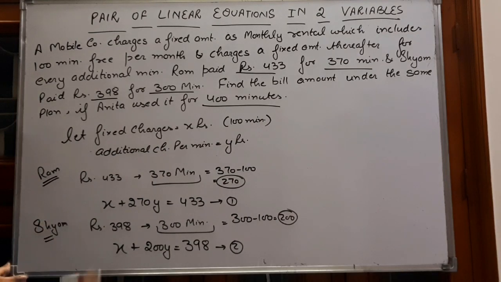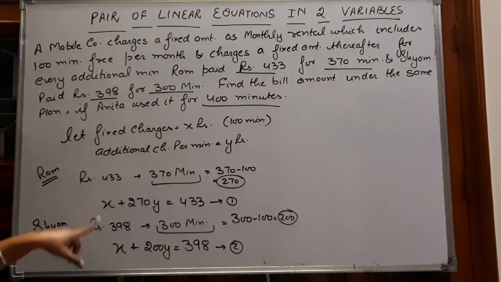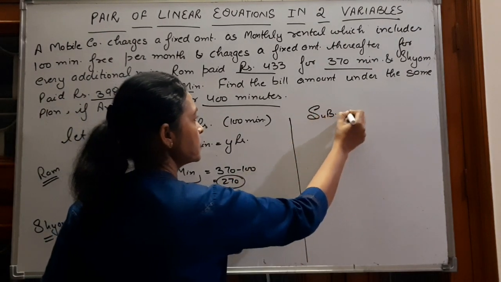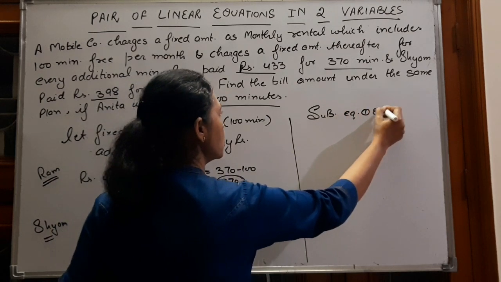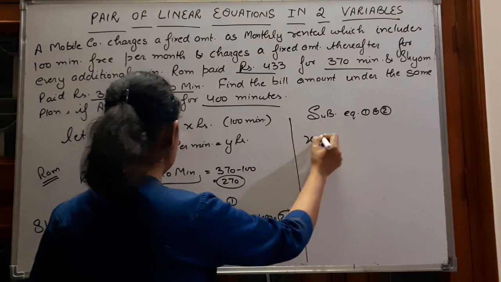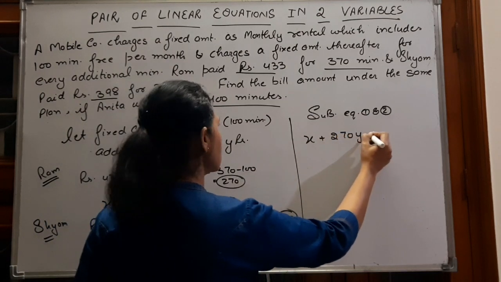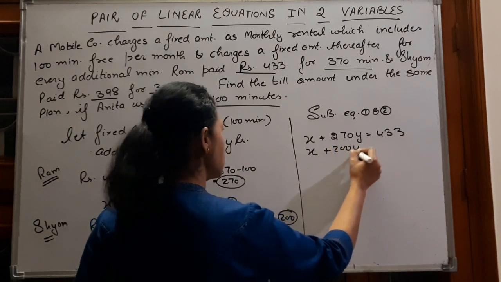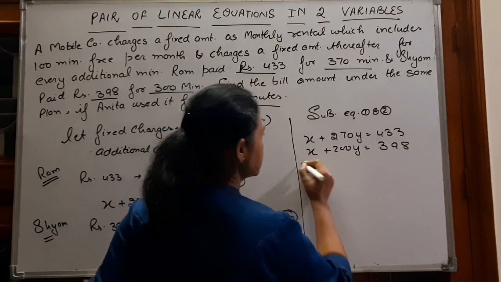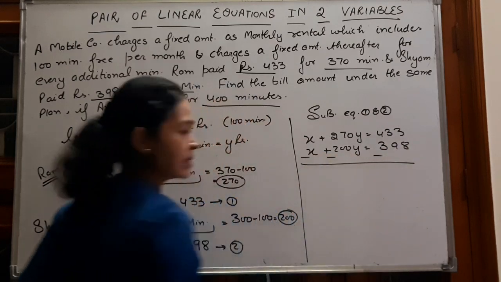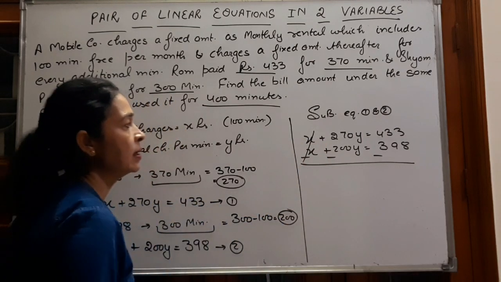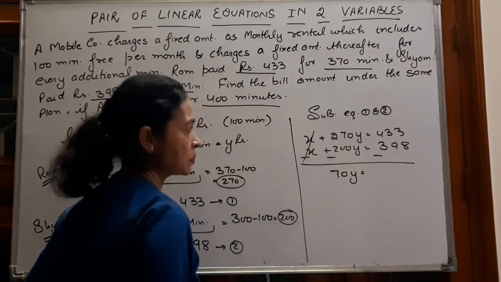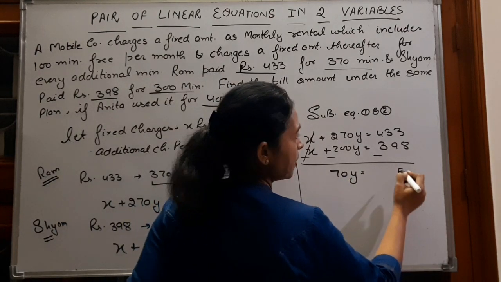Now, first we will find the value of X and Y. Coefficient of X in both these equations is 1. Let's subtract equation 1 and 2. Equation 1 is X plus 270Y equals to 433 rupees, and X plus 200Y is equals to 398. We are subtracting the equations. The sign will change. X and X get cancelled. 270Y minus 200Y, we have 70Y equals to,